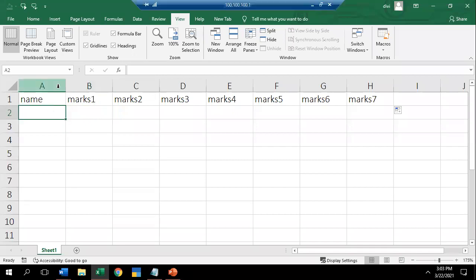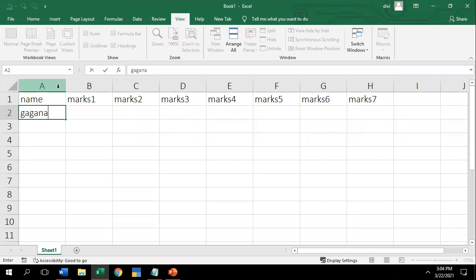I just click on a name. I'll give a name of the student, for example, Gagana. I'll select the Gagana and drop.